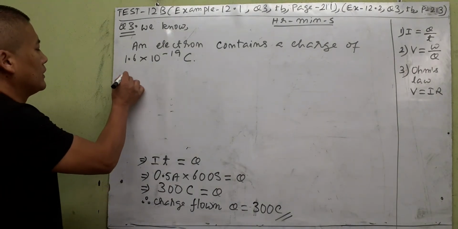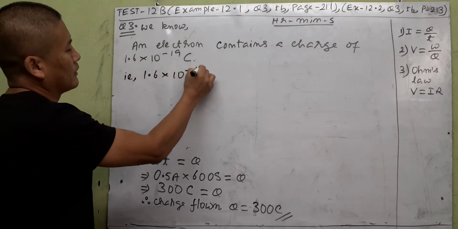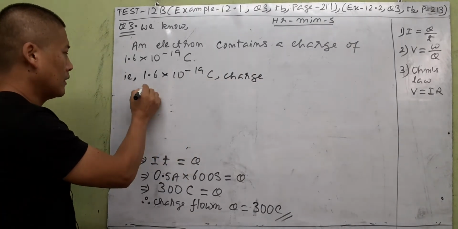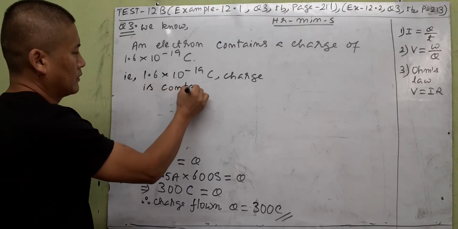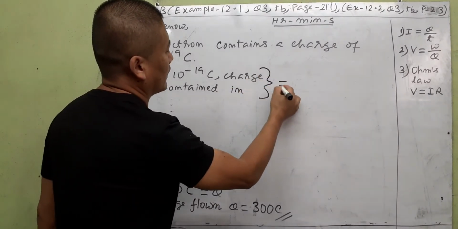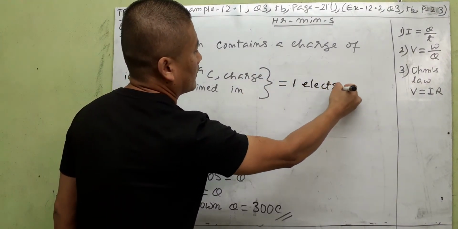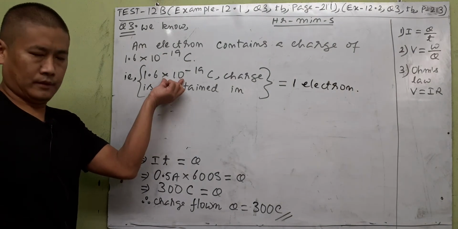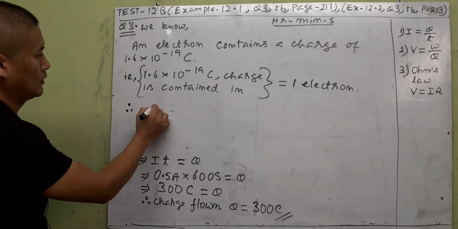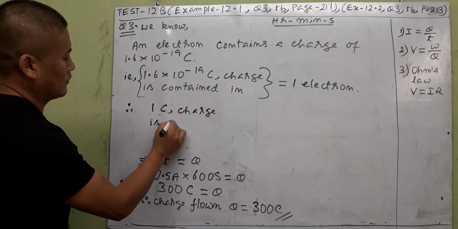So we can write that 1.6 into 10 to the power minus 19 coulomb charge, coulomb means charge, is contained in how many electrons? This much is in 1 electron. So this much charge, the smallest charge known to us, is found inside 1 electron. So therefore 1 coulomb charge is contained in